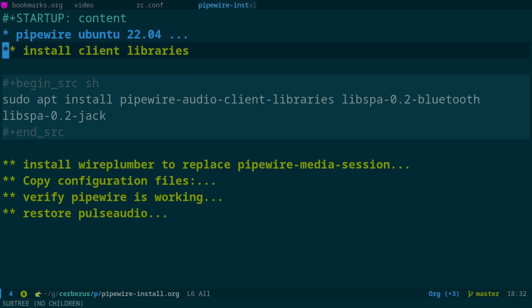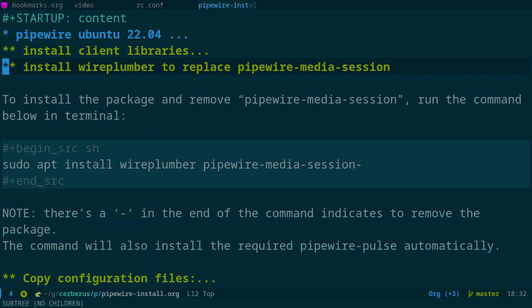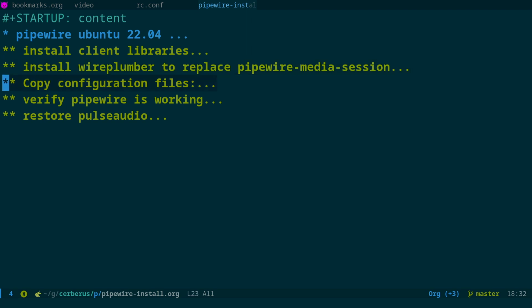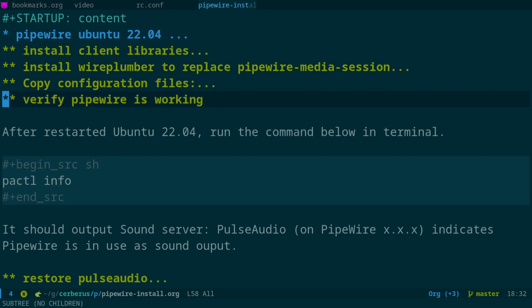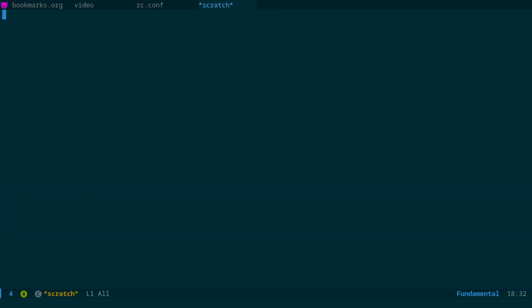And these were the steps that I had to go through on Ubuntu to replace Pulse Audio as a server with Pipewire. So I was actually looking at doing that with FreeBSD, but it was a right pain, and I thought surely you can just use the default audio server. So I did have a look at using Pipewire, but as I said,